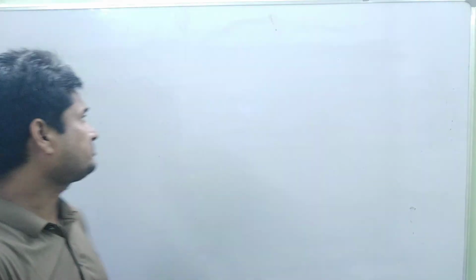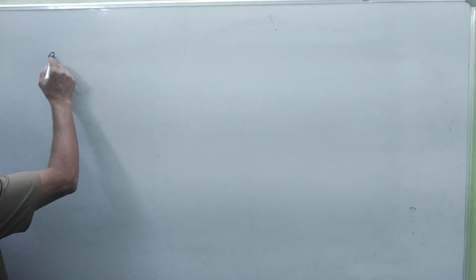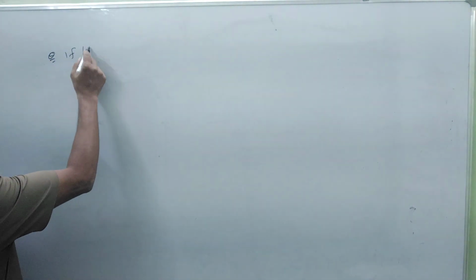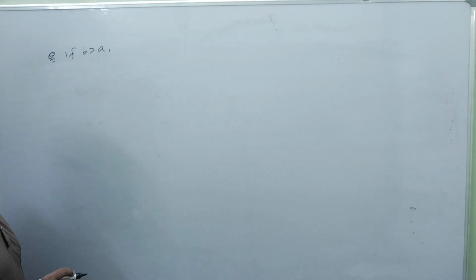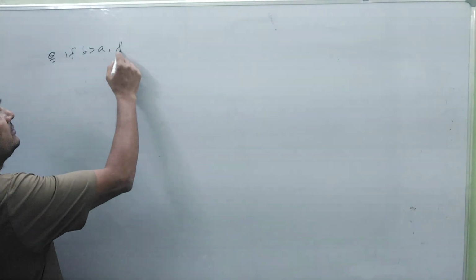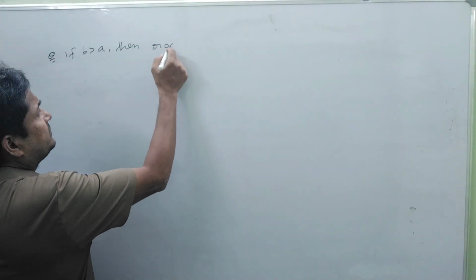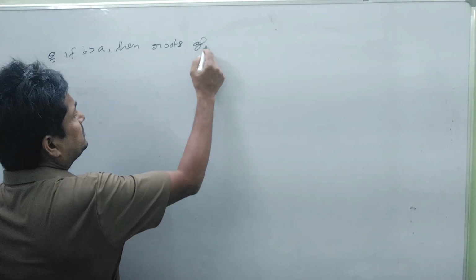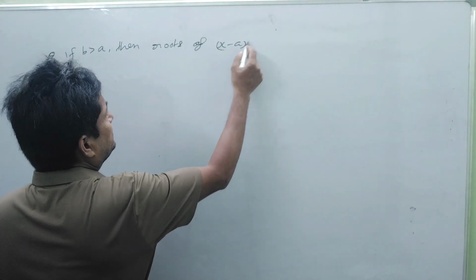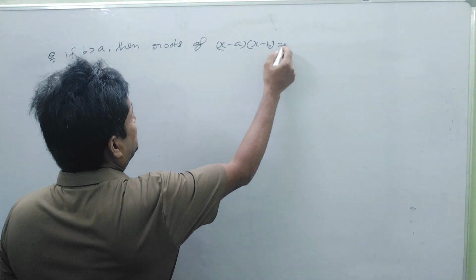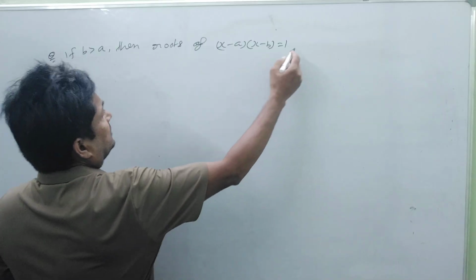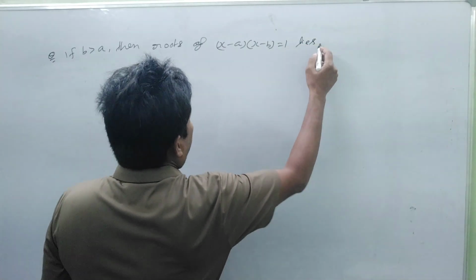Now let's do some IIT JEE questions based on the location of roots. The question is, if b is greater than a, then the roots of (x minus a)(x minus b) equal to 1 lie in